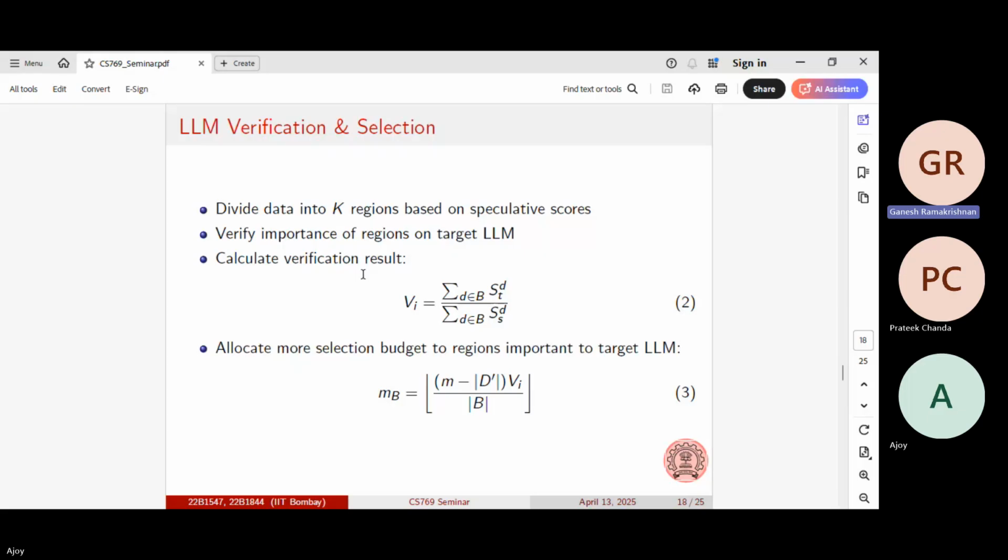So again, it's not clear. Verify importance of regions on target LLM. That means you have to really do a fine tuning. What does verification mean? What is ST? I'm not explaining what is ST. ST is the score calculated by the target. This is the score calculated by the